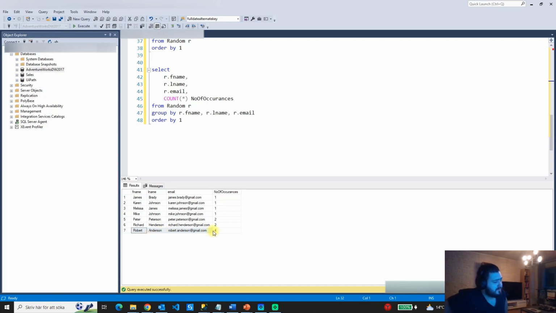Okay, and so the reason why it's important to know this little trick is because, let's say that you're working with a query, and you get a support ticket saying, oh, the numbers are not correct in this query. And then you start to debug the query to try and find what the problem is, and you find out that we have duplicate rows. And then, fine, the first step is to just say, okay, yes, I found out that we have duplicate rows, but then the next step would be